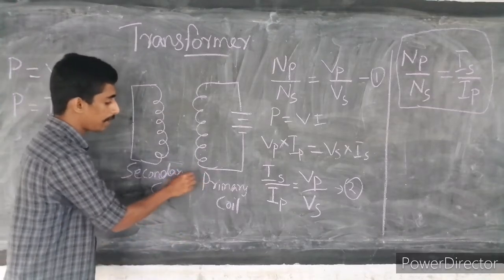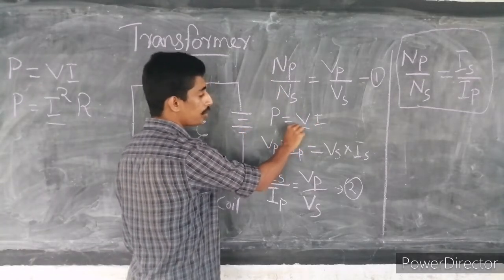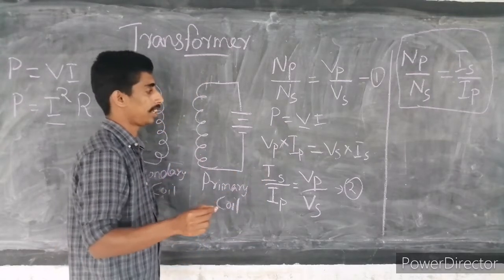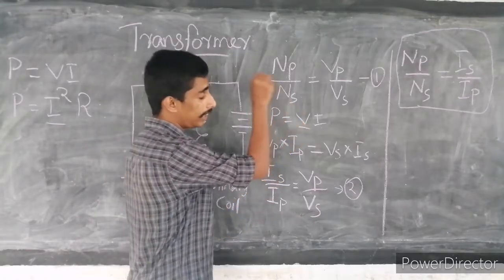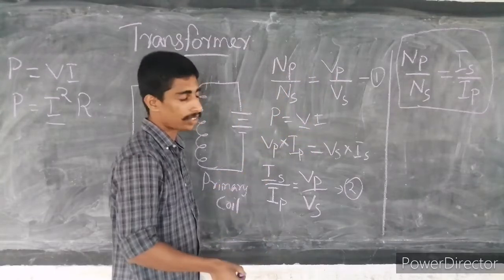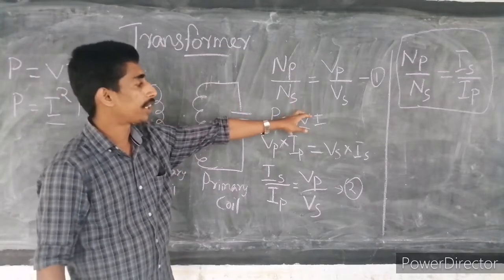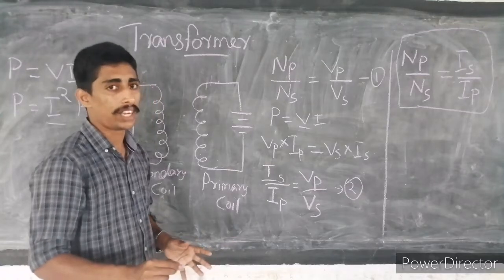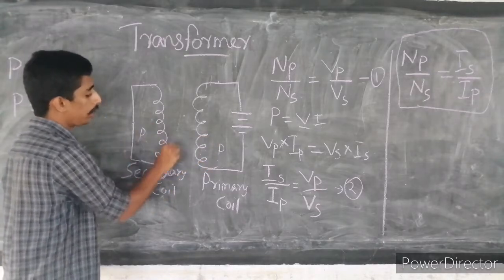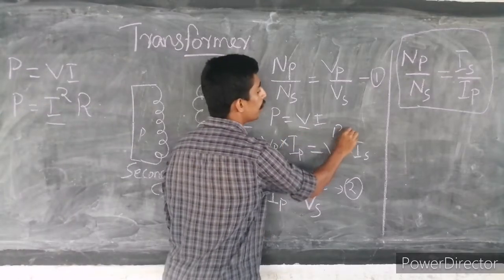We are using the primary coil and the secondary coil only either to increase or decrease the potential difference. If the potential difference decreases, current will increase. The product of potential difference and electric current will always be equal, so the power in the primary coil and the secondary coil will both be equal. P is equal to P.